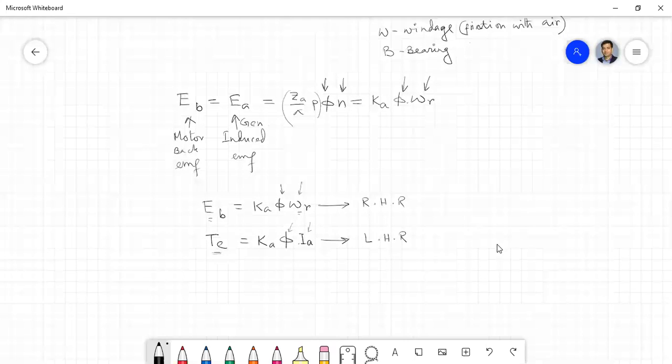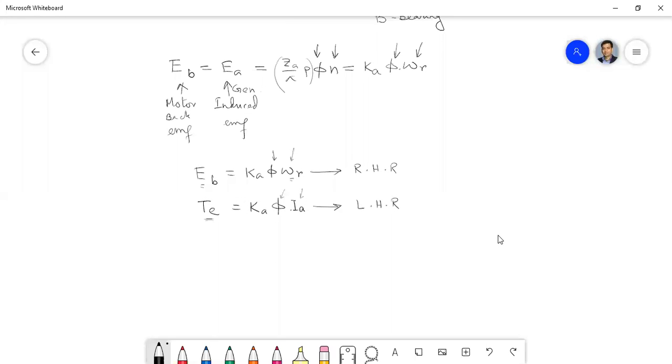Is that clear? So therefore, when I was discussing the basic theory in fundamental electrical engineering, then only I discussed the left hand rule and right hand rule very clearly. Now from this expression, another question I can ask you,